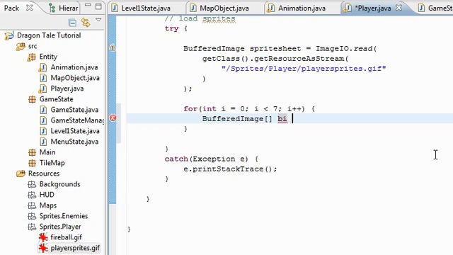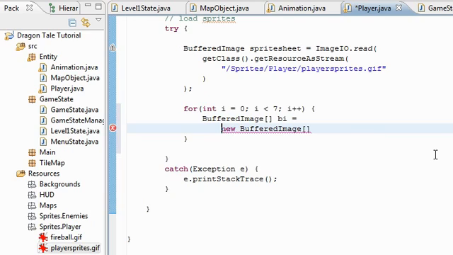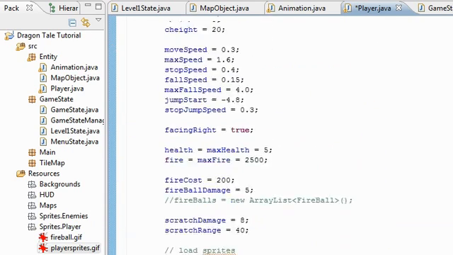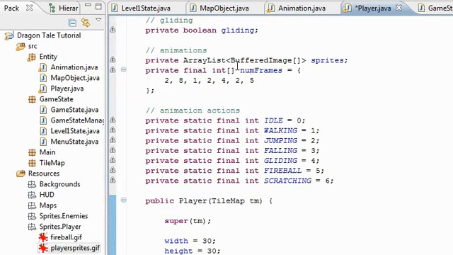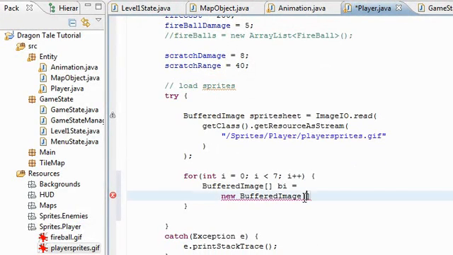I'll just call that bi. New BufferedImage, and the size of this, again, I used the other array to determine how many frames in each animation there were up here, called numFrames. So this is going to be numFrames[i],